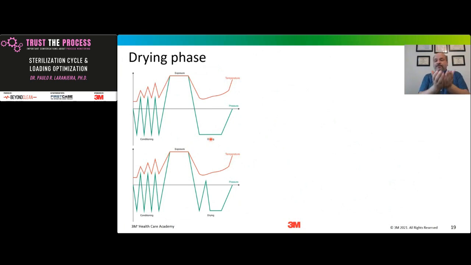So we need to have that temperature reaching the condensate to evaporate and then the vacuum pump to pull it out. By injecting a positive pulse, I will allow the temperature to reach that condensate inside of the chamber, and then when I do the vacuum again, that condensate has been warmed again, and in vacuum, when I pull it again, the pressure of vaporization is going to occur at a lower pressure, and then it is going to be removed from my load. So this solution is really a good solution.